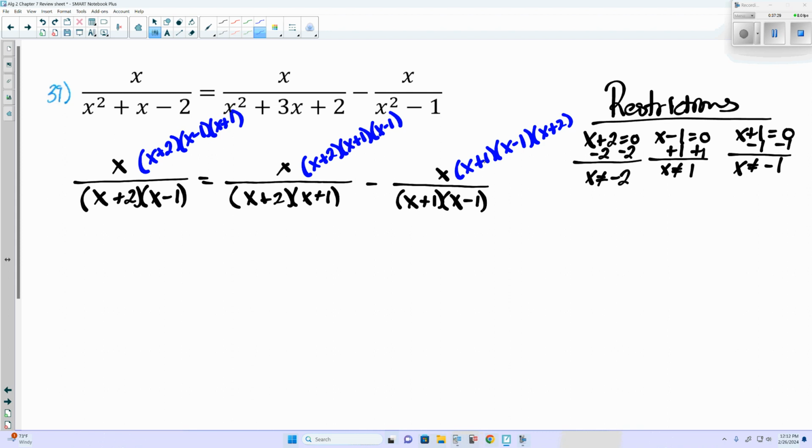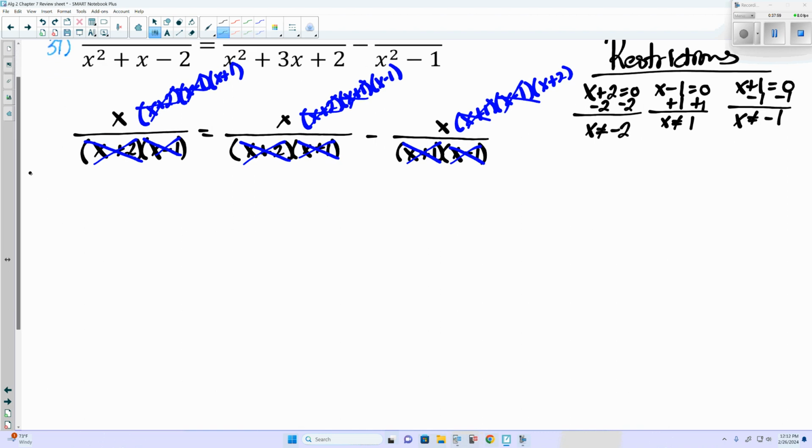And we're going to have to multiply the whole thing by x plus 2, x minus 1, and x plus 1. And interestingly enough, this actually simplifies a lot nicer than we think. Because the far left, x plus 2 and x plus 2 cancel. X minus 1 cancels. The middle, x plus 2, x plus 2, x plus 1, x plus 1. And our last one, x plus 1, x plus 1, x minus 1, x minus 1. Leaving us with x times x plus 1 is equal to x times x minus 1 minus